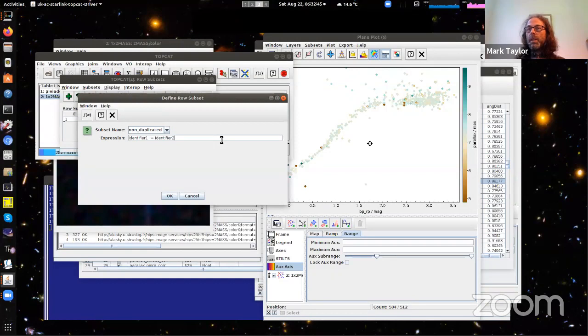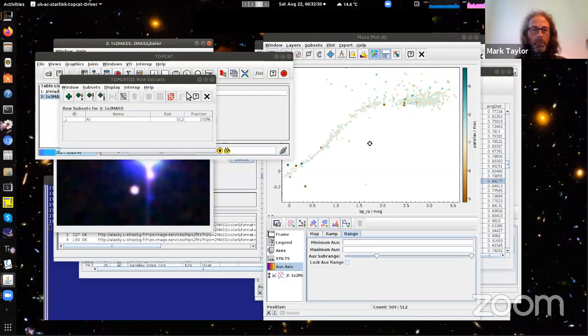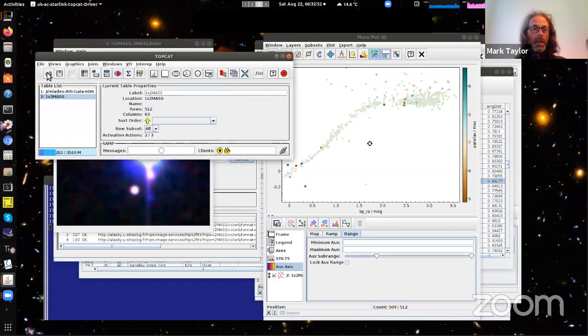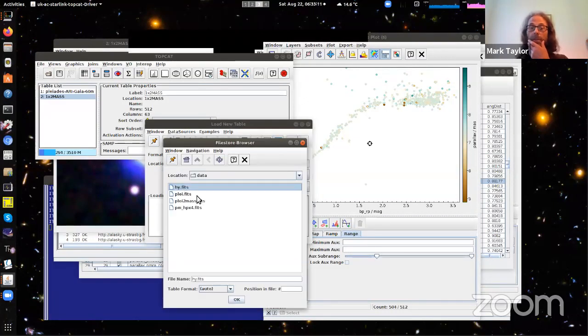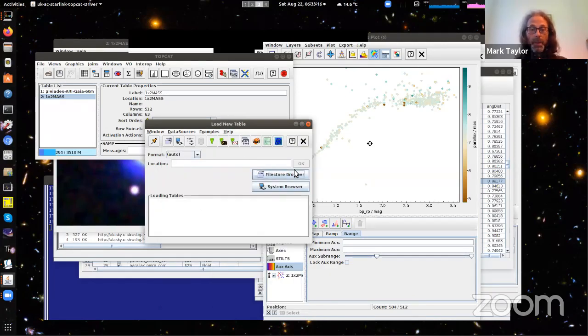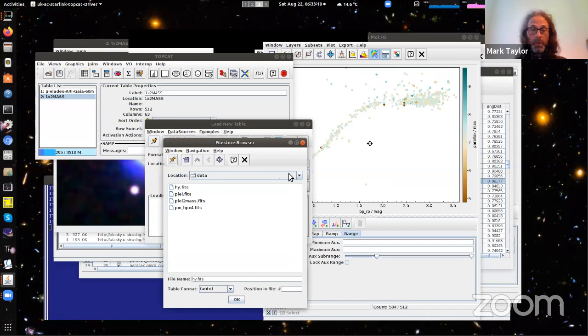Can we apply this to CSV or other files? Yes, you certainly can. So if I click this button here, or the file load, which is the same thing, load table, from here I can just load a table from local disk in the usual way. Well, these are FITS files, but if it was a CSV file, you could as well. Actually, there's one thing you need to know about CSV files, which is